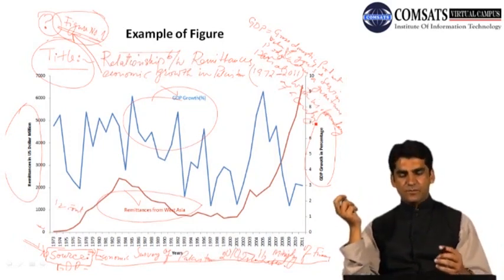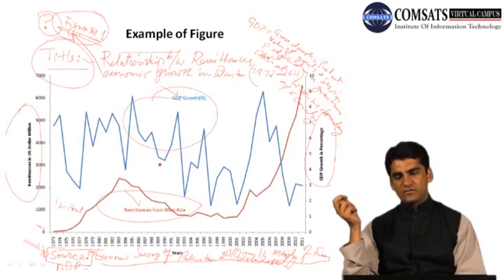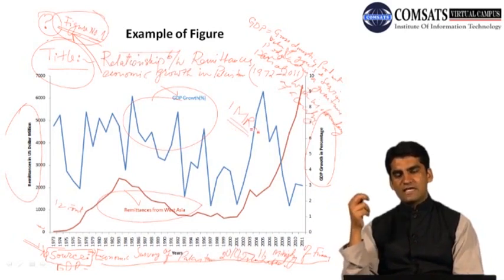I'm just giving you an example, telling you that if you use a term which is not known to some people or which is not very common, for example, if I put IMR, you might not know what is IMR, so you have to explain it first. It is infant mortality rate.